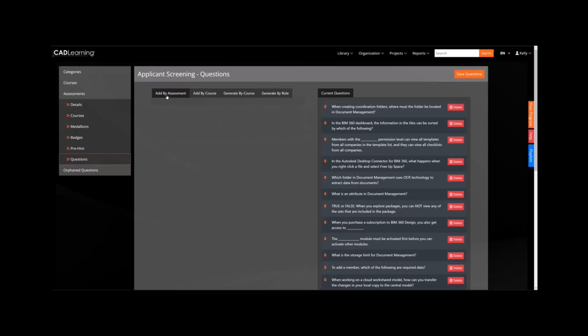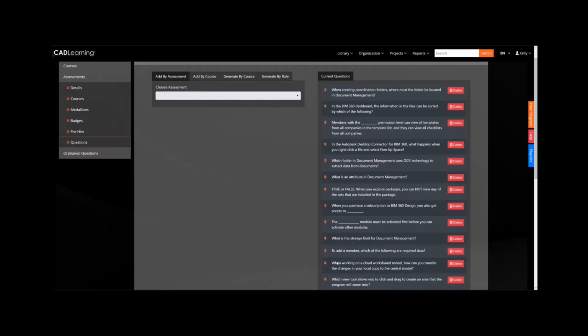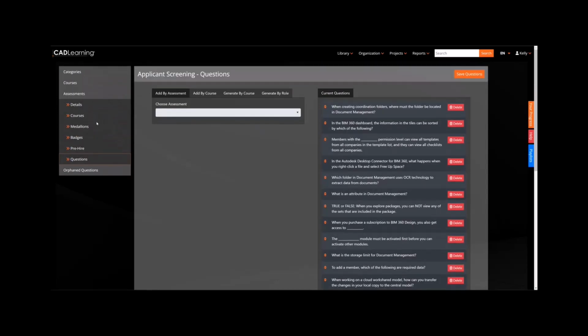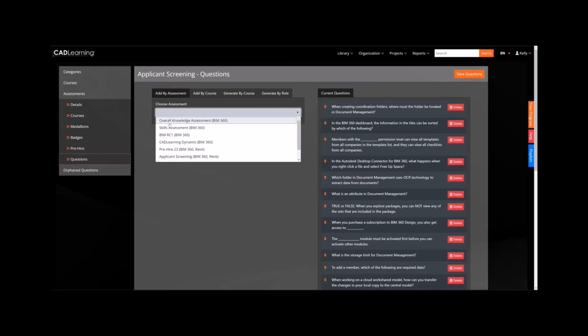So this is building the assessment. This is handpicking each of those questions that you want answered for the user. If you choose, when you're building questions, to include skills assessment questions, those questions are just a little bit different. Let's come back here and look at the overall knowledge assessment for,